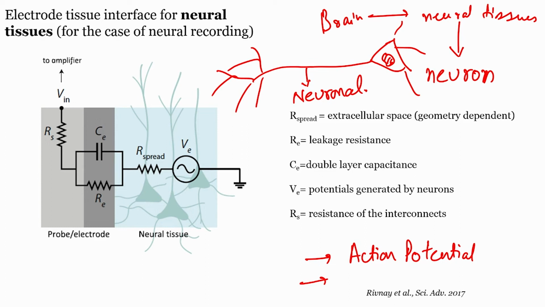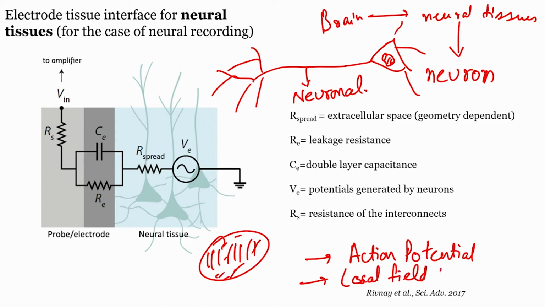When a bunch of neurons generate potentials across a large spatial domain, say this is a particular part of a brain and these lines are neurons, each neuron is generating some potential. The collective potential of such neurons is the local field potential, or LFP. Those who are interested can read further about these two terms,